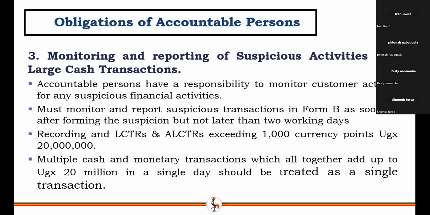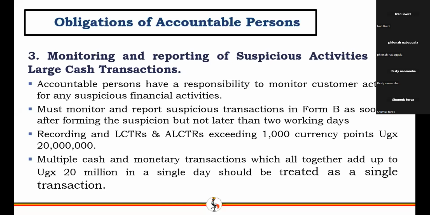So anything that is not in line with your knowledge of a client, in simple terms, is what we call a suspicious transaction, and it's supposed to be reported. It doesn't mean that suspicious transactions only refer to huge amounts. No, it can even be a small amount. Assuming I'm known to be exchanging money within the range of 50 to 100,000, and then I start to exchange 5 million or even 1 million or 3 million. There's a huge difference. There's a huge change in my profile.